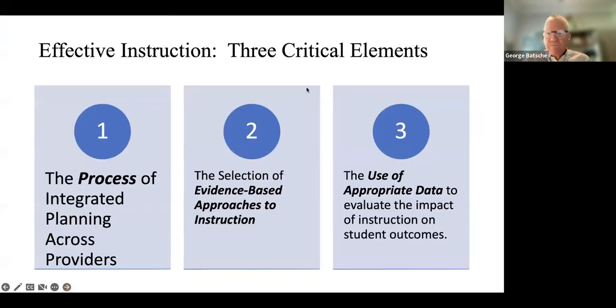All right, so very quickly. Effective instruction, we're going to take a break here in about 5 minutes. Effective instruction has 3 critical elements: the planning for it, the use of evidence-based approaches to instruction, and the use of appropriate data to evaluate the impact of that instruction on student outcomes. And in the case of Anna's question here,